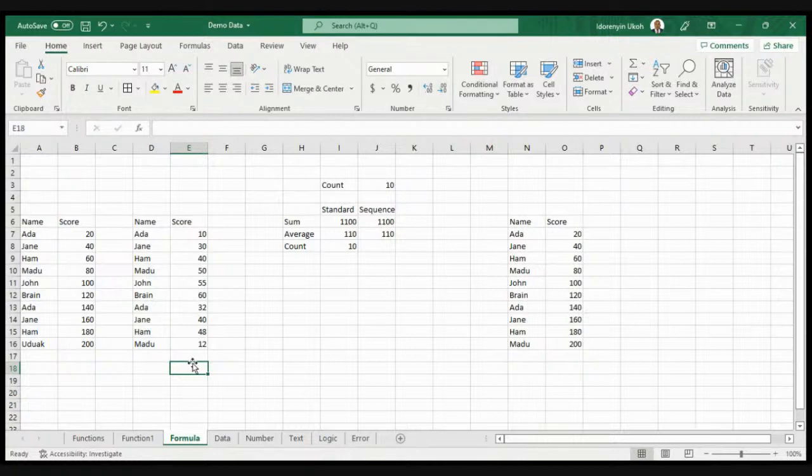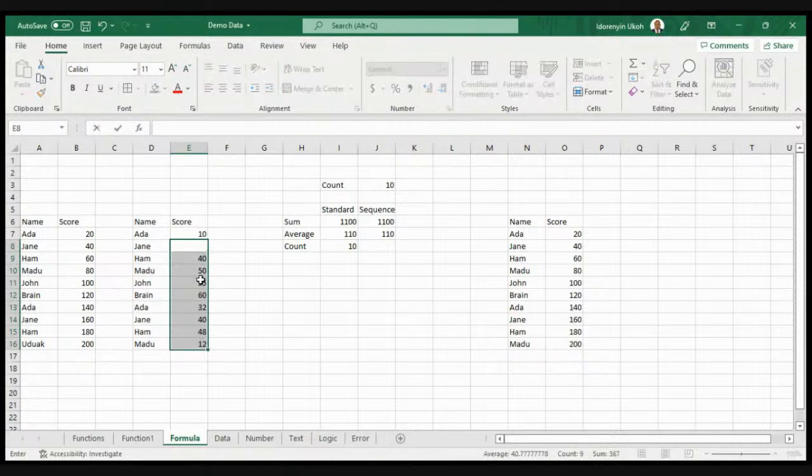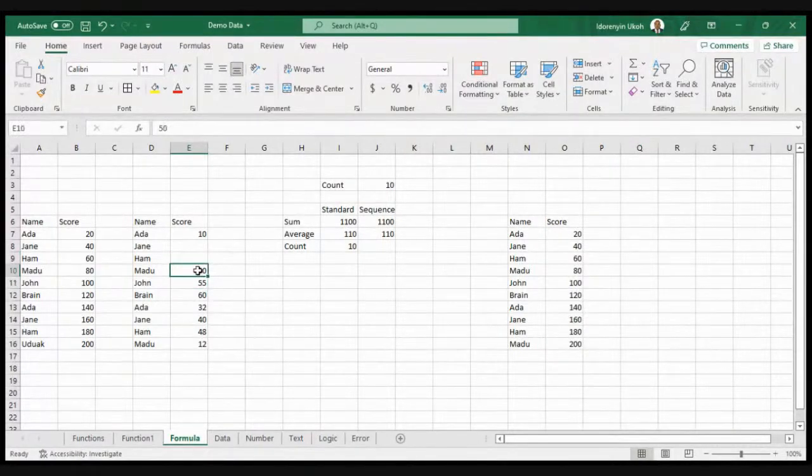Sometimes this is how the score would go. Or if there's a pattern on the score, for example in steps of five or steps of ten,